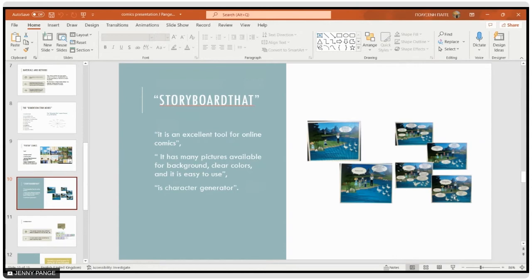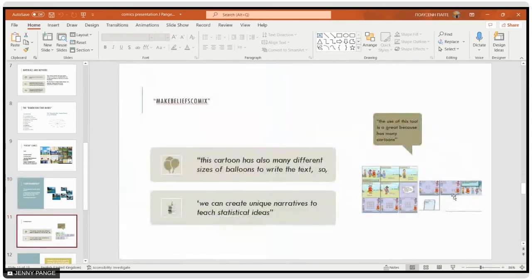They said also that in Storyboard That we can use a character generator. So students were able to create different characters, and that makes a kind of interactivity. Students can put something in there, and that shows their contribution and also the concreteness of the whole game.